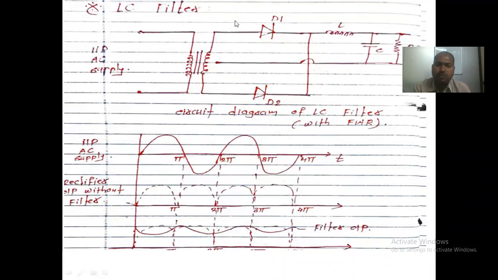Okay, during the first half cycle, during the first positive cycle, positive voltage appears across here, so diode D1 conducts, so we get the pulsating output, that is pulsating DC across here. Okay, so that voltage passes over the inductor. We know that the property of the inductor is that it only passes the DC signal. Okay, so the DC signal passes over here.